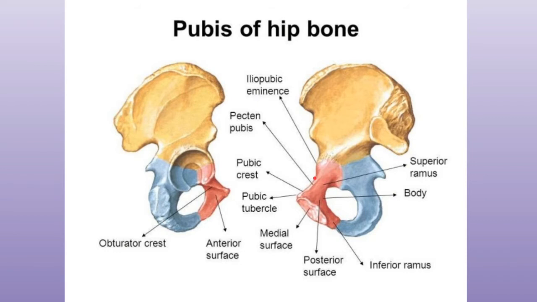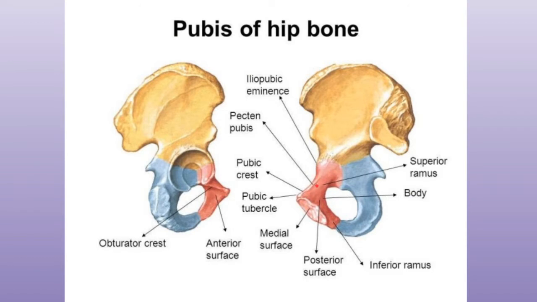The superior border is called the pectineal line or the pecten pubis, and it is comparatively sharp. It is a sharp crest extending from just behind the pubic tubercle. Medially is the pubic crest, then lateral to the pubic crest we have the pubic tubercle, and lateral to the pubic tubercle is the pecten pubis. The pecten pubis extends from the pubic tubercle to the iliopubic eminence. With the pubic crest, it forms the pubic part of the arcuate line.